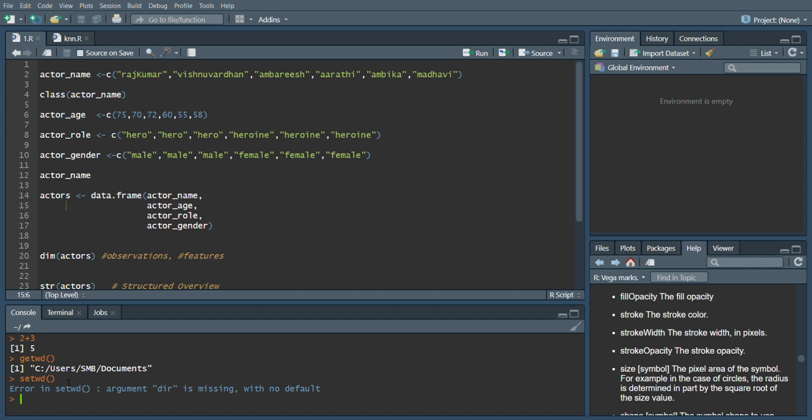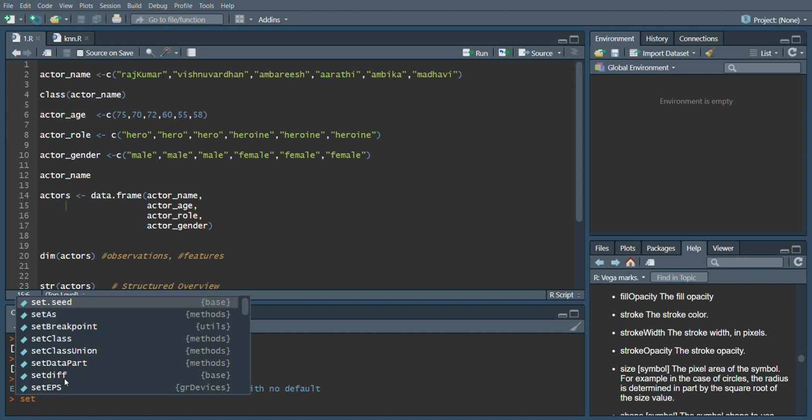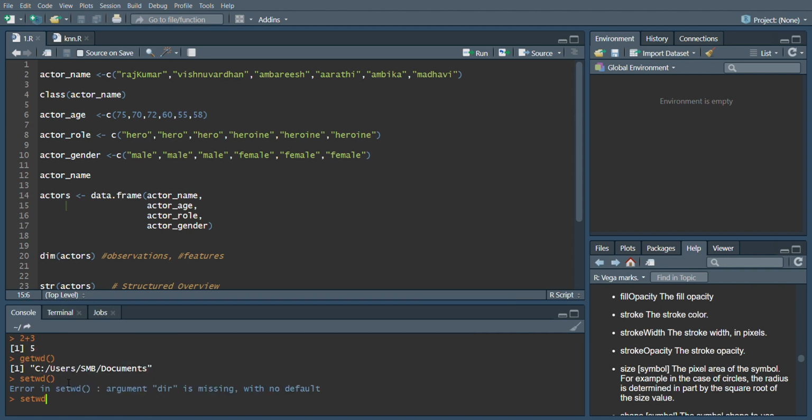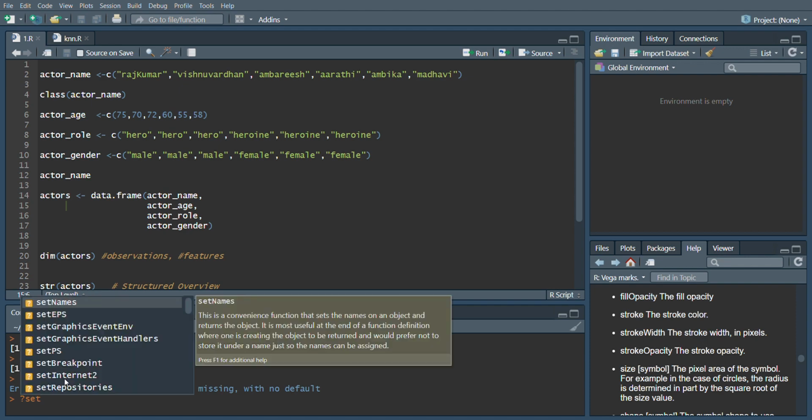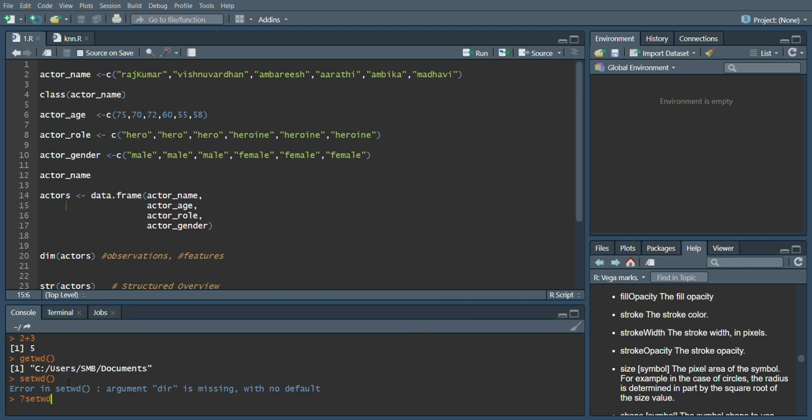See, as I said, if you fail to pass an argument, then it will throw an error. Suppose you want to set the working directory to some other directory, for example, one present in the D drive, then you have to specify the complete path like this, as I said, either in single quotes or in double quotes. And if you want to access, for example, assume you don't know how to use setwd, and you want to see an example of how to use set working directory, then just start that keyword or function name with a question mark, then press enter.